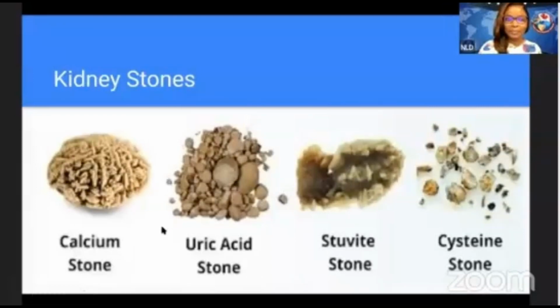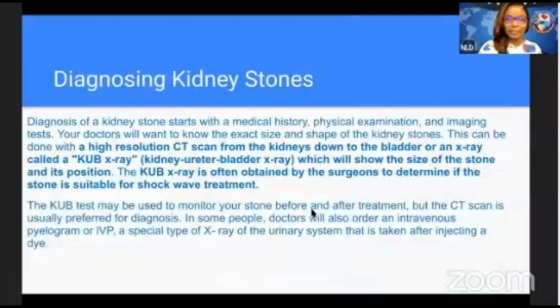So diagnosing kidney stones. Diagnosis of kidney stones starts with a medical history, physical examination, and imaging tests. Your doctors will want the exact size, shape, and location of that kidney stone. So that's why they're going to go through all of that. This can be done with a high resolution CT scan from the kidneys down to the bladder, or an X-ray called a KUB X-ray, kidney or bladder X-ray, which will show the size and position of the stone. The KUB X-ray is obtained by the surgeons to determine if the stone is suitable for shockwave treatment. The KUB test may be used to monitor your stone before and after treatment,